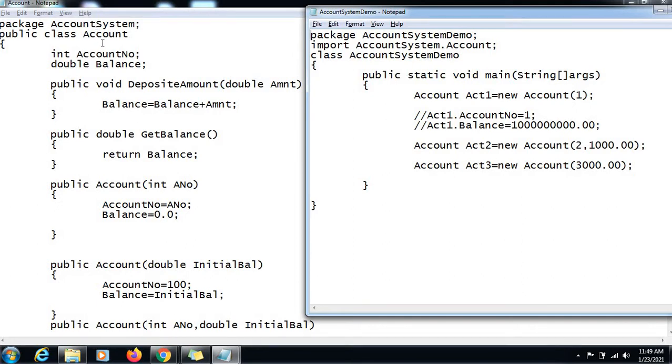Whatever class file is created, we have to shift that class file into the package folder. So we first create the folder with the name of the package, and after compilation of this account.java, we shift the created class file inside that package folder, and only then get on with the compilation of this class. Okay, this is the challenge.